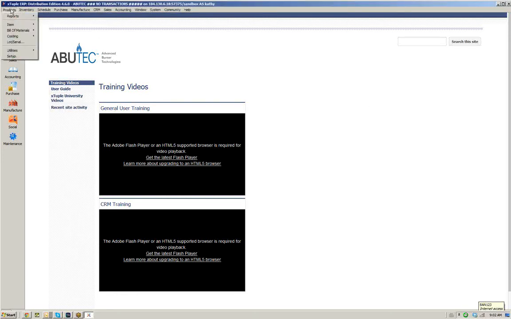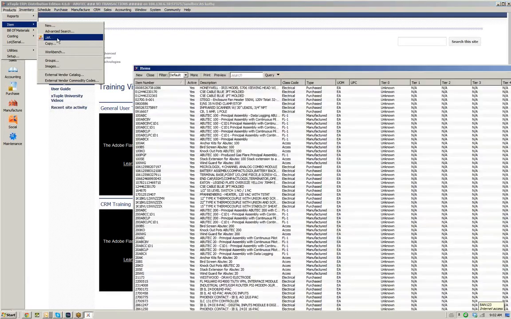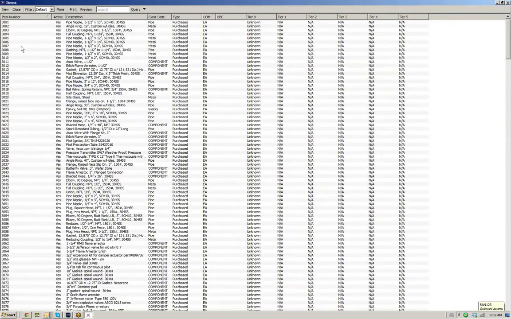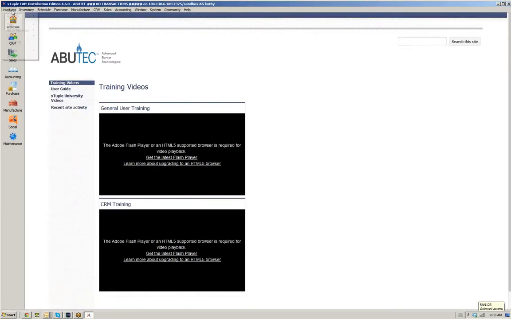So items are under the product menu, and you would go to items and you can select new to put a new item in, or list to see the list of items that are already in. So we'll just hit list for now and show you that there are quite a few items in the system, and you can actually add a new item from here as well. So I'm just going to go back out of here and go to the new screen,